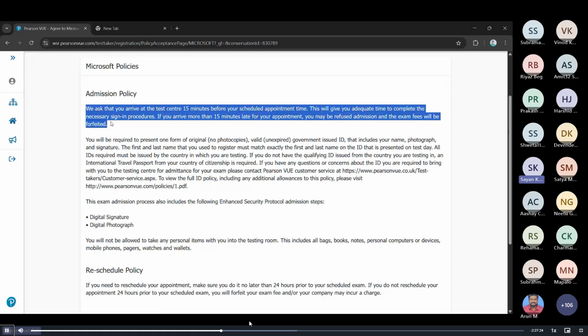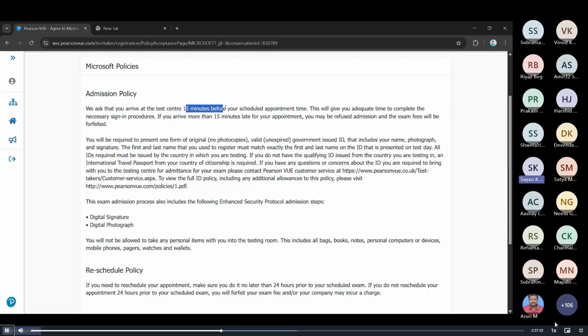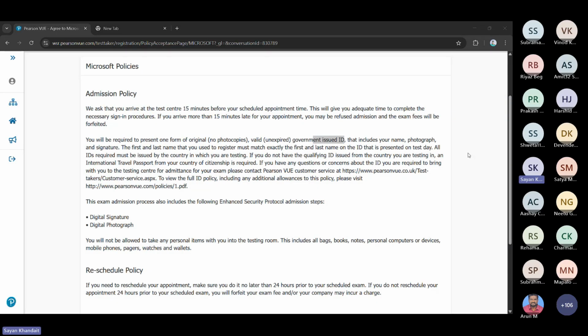So there are some additional rules. For example, 15 minutes before the scheduled appointment time is when you need to be there. You will be required to present one form of original and valid government issued ID card that includes your name, photograph, and so on. The first and last name you used to register must match exactly the first and last name